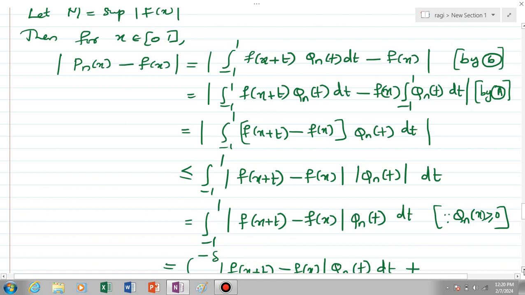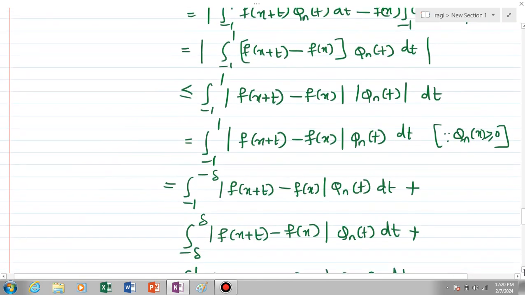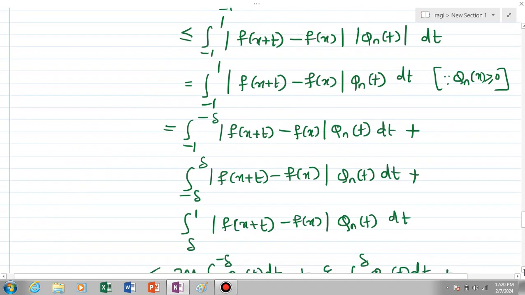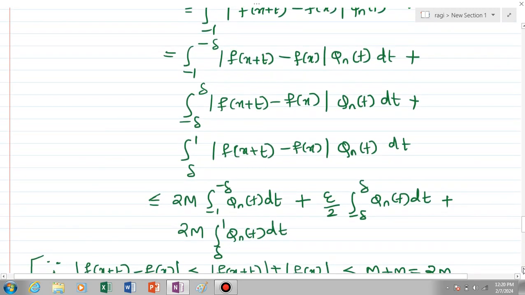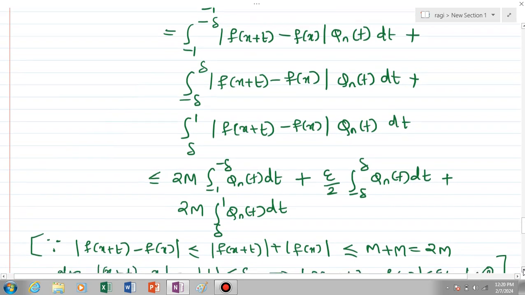And in the next step we are splitting the integration from minus 1 to 1 into three integrals: integral from minus 1 to minus delta, plus integral from minus delta to delta, plus integral from delta to 1. Okay, then we can see that the first integral is less than or equal to 2m into the integral from minus 1 to minus delta of qn of t dt, plus epsilon by 2 times the integral from minus delta to delta of qn of t dt, plus 2m into the integral from delta to 1 of qn of t dt, because in the first integral modulus of f of x